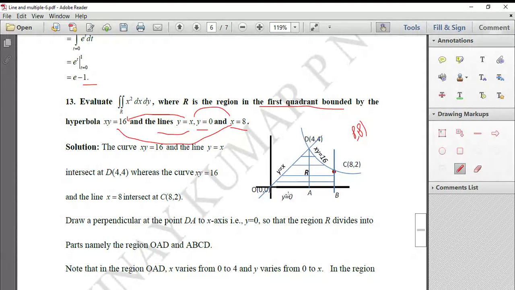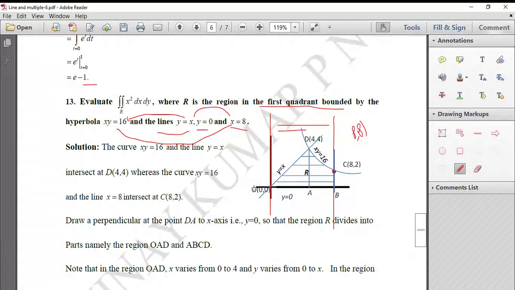What about the limit? Yes, of course, we can say x varies from 0 to 8 straight away. We don't have any problem. X varies from 0 to 8. We can choose. That gives you all these points also. These also come. But we don't want them, we'll restrict them.